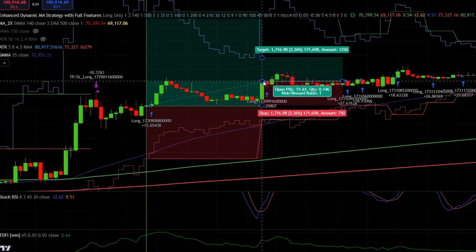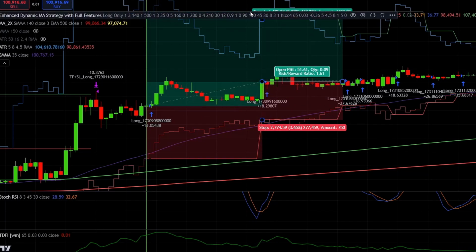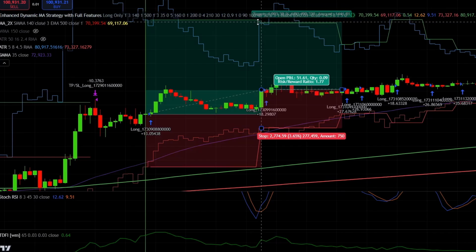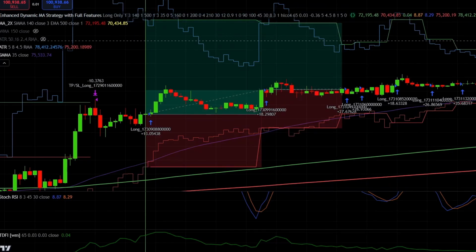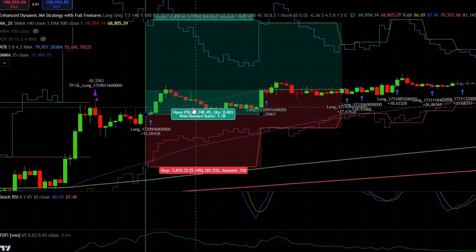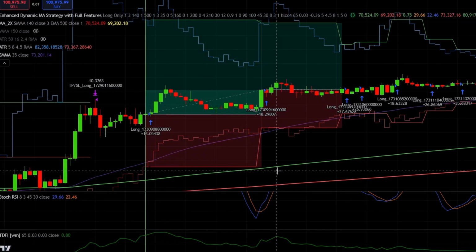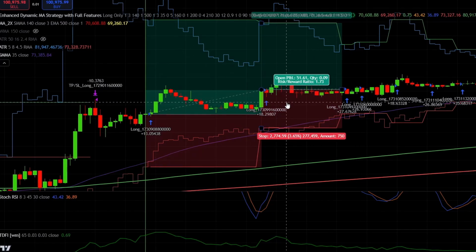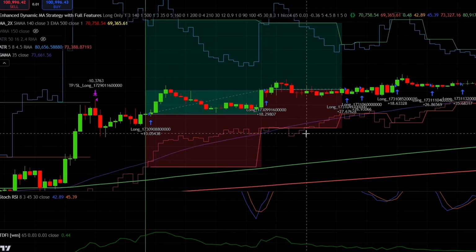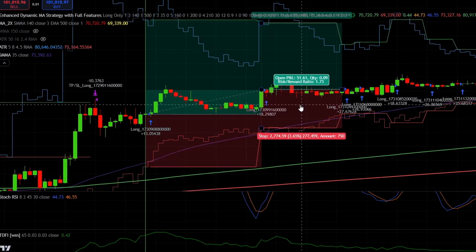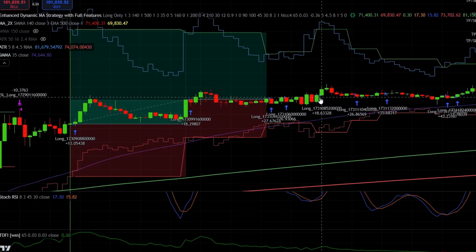We enter there, stop loss will be at the NNFX line, and the take profit at the upper NNFX line around there. Our script makes it visible, so you can see this green line whenever the take profit and the stop loss changes. Keep in mind that after a trade is set up, its take profit and stop loss levels will be fixed until either gets hit. It doesn't matter if we get a new valid entry. The new valid entry will have its own separate fixed take profit and stop loss levels, so it won't cause any problems. And we get multiple more valid entry signals like this one, this one, this one, this,